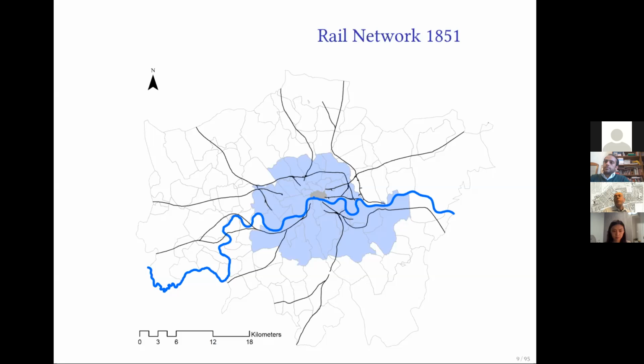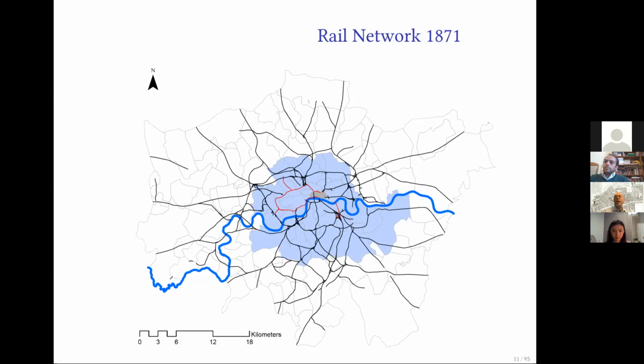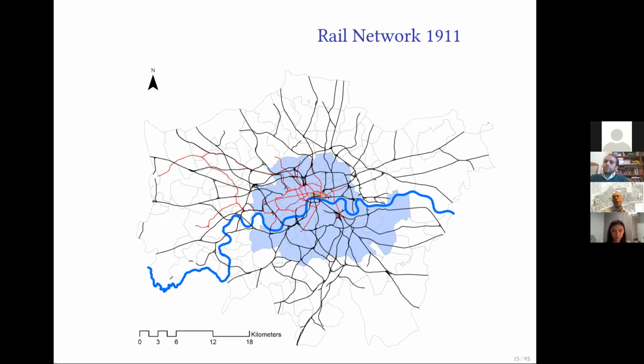So as we roll forward in time, you'll see this increasing density of railway lines crisscrossing the Greater London Authority area, until in 1871, we see the very first underground railway lines. The Metropolitan and District line was constructed in 1863 and began to take the transport network right into the very center of London. And as we roll further forward in time, you'll see this increasing intensification of the railway line, both the overground railway line network and the underground railway line, through to 1921 at the very end of our sample period. So quite a dramatic expansion in this new transport technology that permitted much higher travel speeds than pre-existing